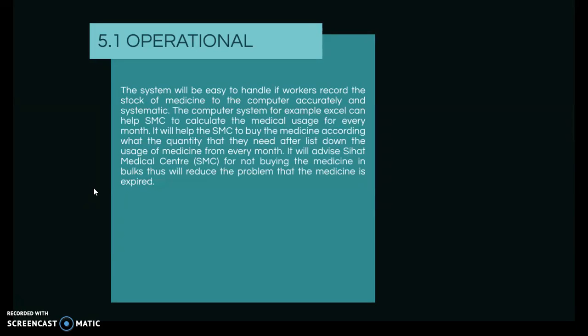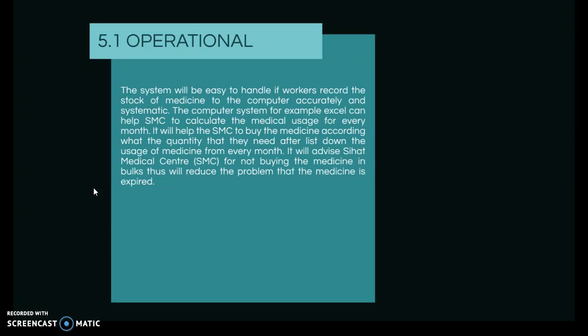Operational. The system will be easy to handle if workers record the stock of medicine in the computer accurately and systematically. The computer system, for example Excel, can help SMC to calculate the medicine usage for every month. It will help SMC to buy medicine according to the quantity that they need after listing down the usage of medicine every month. It will advise SMC not to buy medicine in bulk,